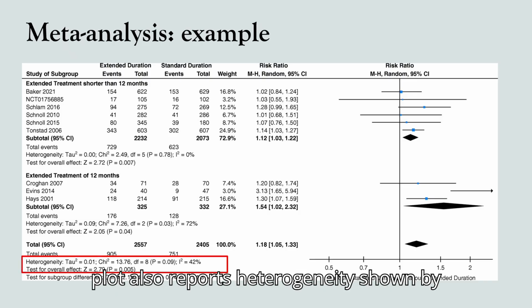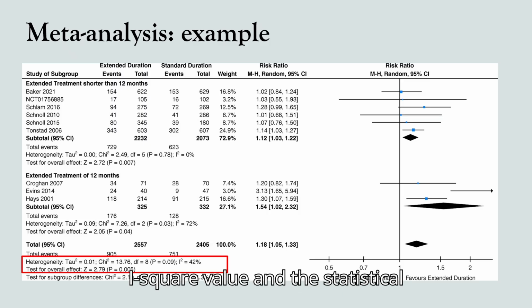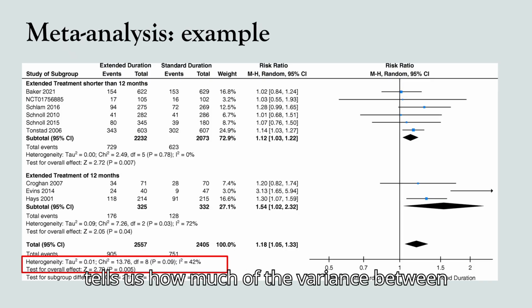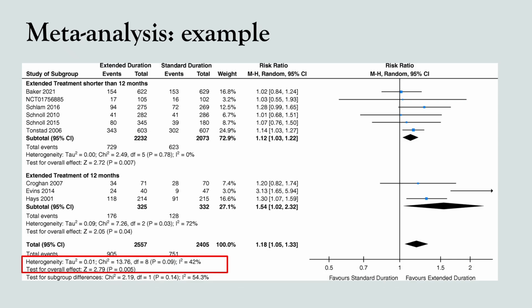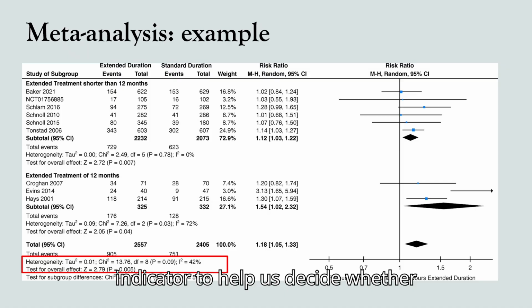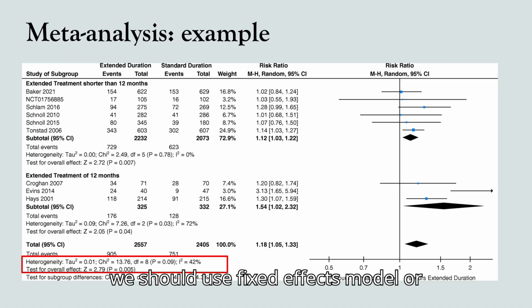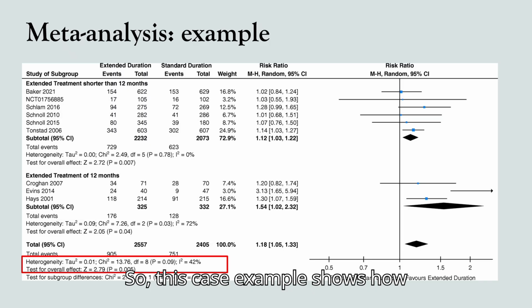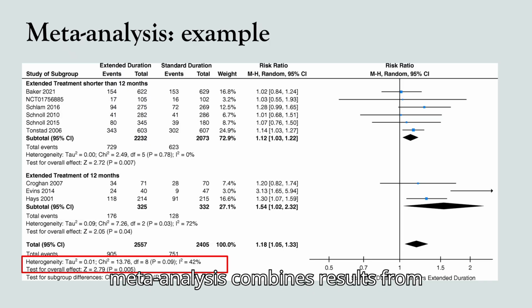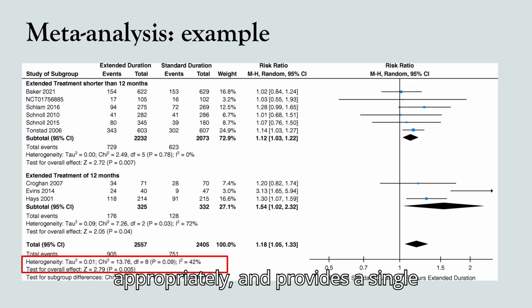This plot also reports heterogeneity shown by I-squared value and the statistical test here. This tells us how much of the variance between studies is due to the real differences rather than chance, and this is an indicator to help us decide whether we should use fixed effects model or random effects model. So, this case example shows how meta-analysis combines results from multiple studies, weights them appropriately, and provides a single interpretable